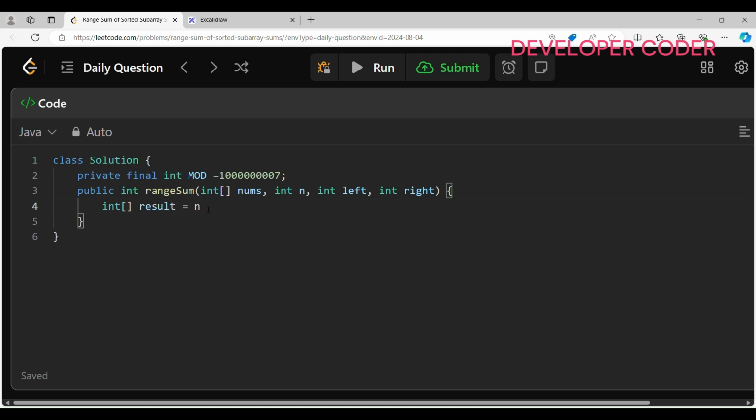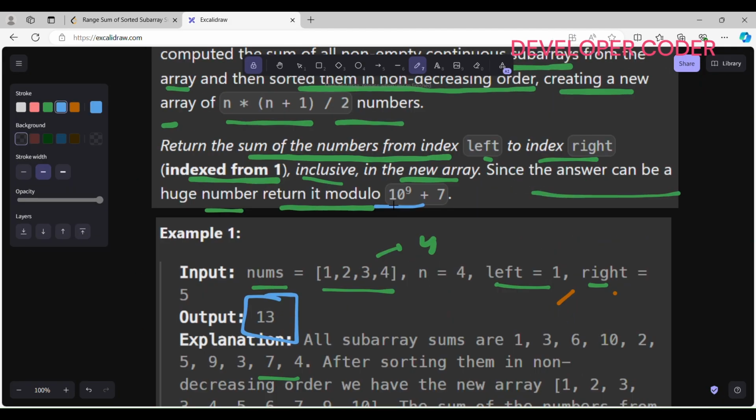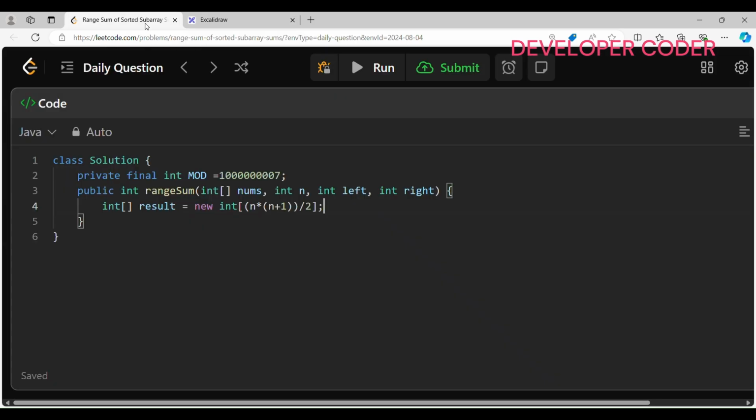So it's easy, right? New int, and inside this just write n into n minus 1 divided by 2. Sorry, it should be n into n plus 1. So this is what we need to write. So size is given of new array here, n into n plus 1 divided by 2. Okay, this is done. Then after that let's create one variable int k and initialize it to 0, and then